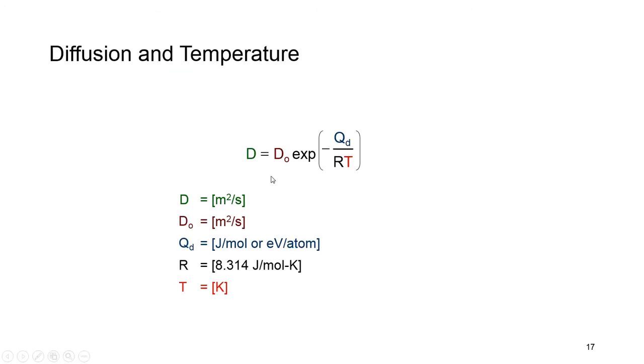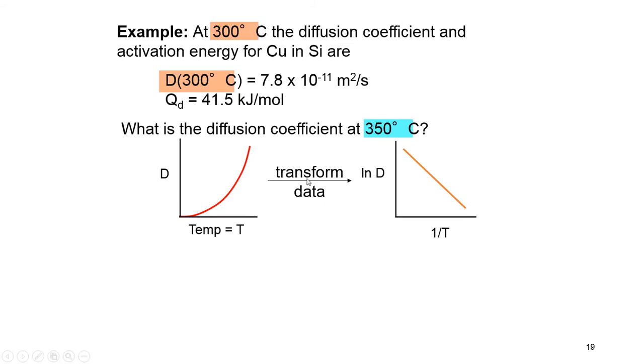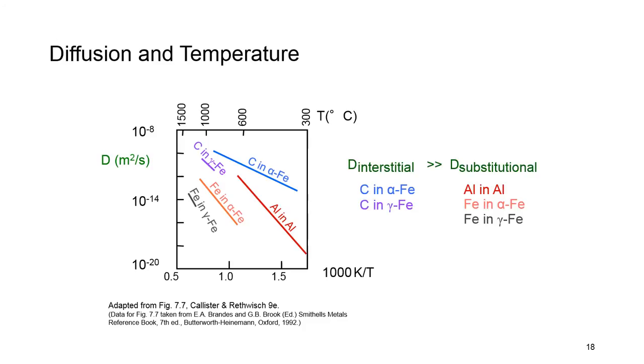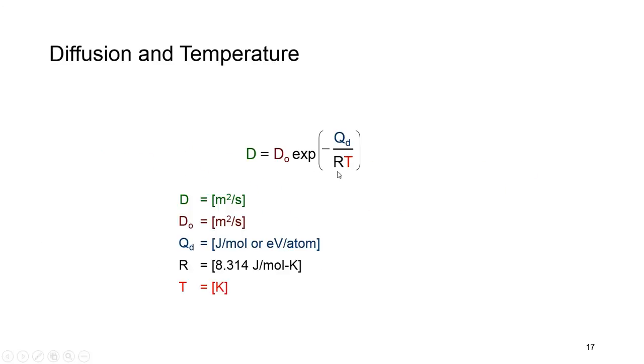Now it's clear that based on this relation there is an exponential relation between the value of D and temperature. So we can have this orange curve between the logarithmic value of D and the reciprocal of temperature in degrees Kelvin. If we use the same relation and divide them, this relation for temperature T1, which is 300 degrees Celsius or 573 degrees Kelvin,